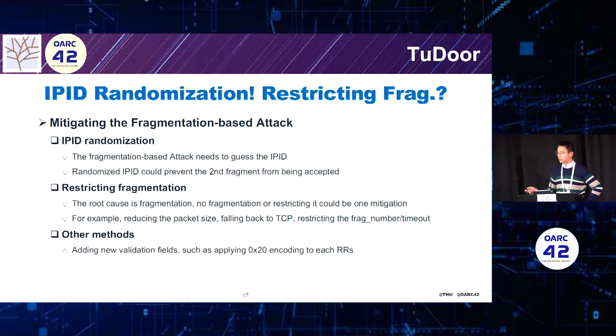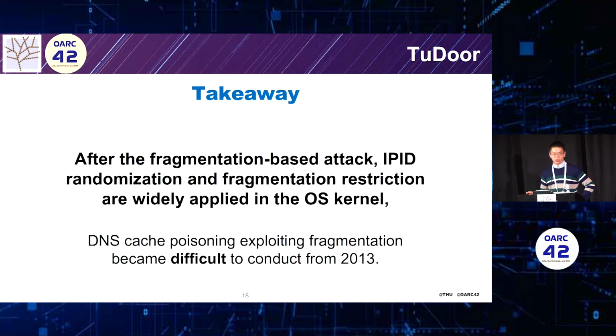This is the security enhancement for the second fragments. Also we restrict fragmentation: if we find it is fragmented, we just go to TCP to do the DNS queries. And we also have other methods, for example we use 0x20 for each resource record to do the validation. So the takeaway for this one is that after the fragmentation attack, we do IP ID randomization and enforce fragmentation restrictions on OS kernels, and it seems, again, to be difficult to do the cache poisoning attack